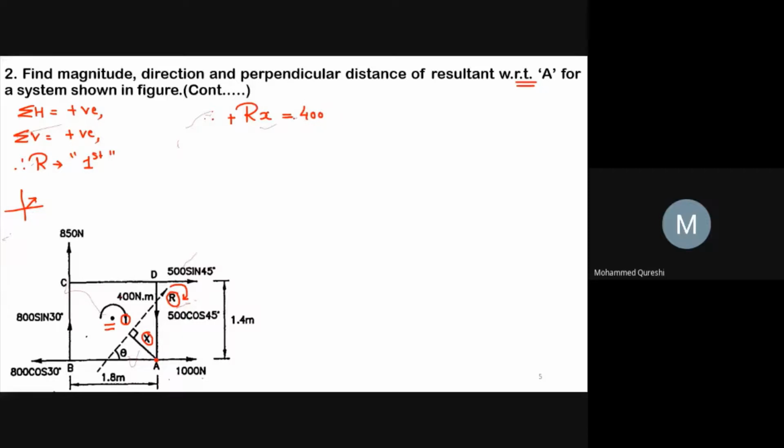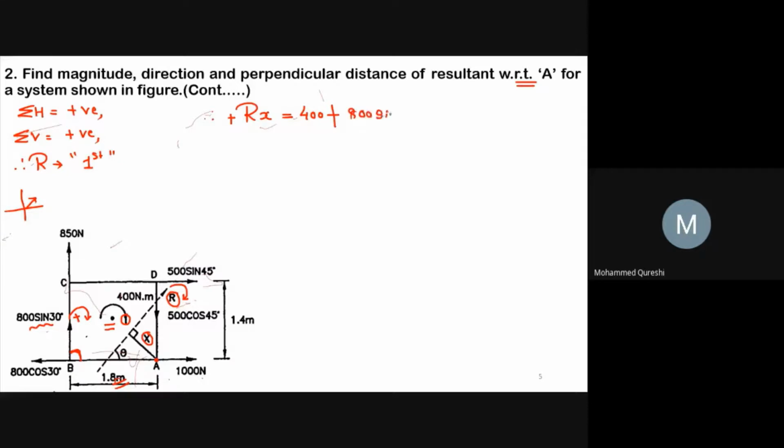Then our second force is 800 sine 30. This force move towards point A in clockwise direction, hence it will be positive, and this 800 sine 30 makes the perpendicular distance with respect to point A as 1.8 meter. So I will write over here plus